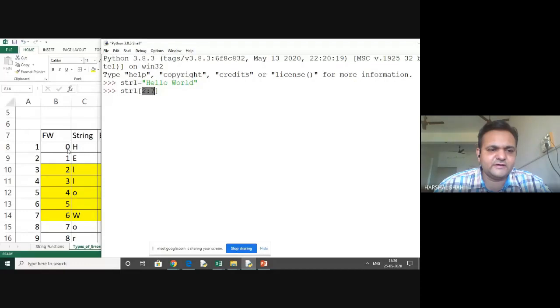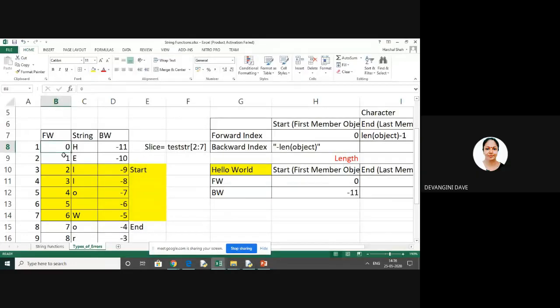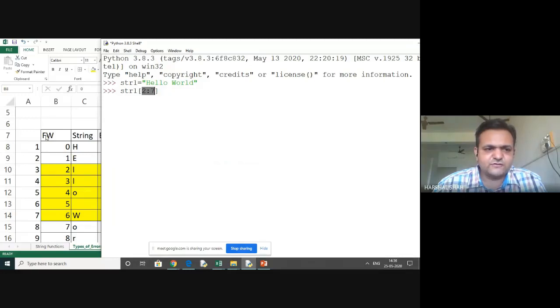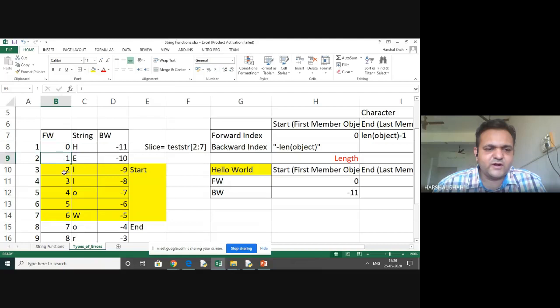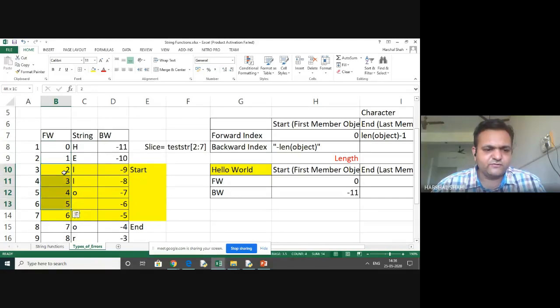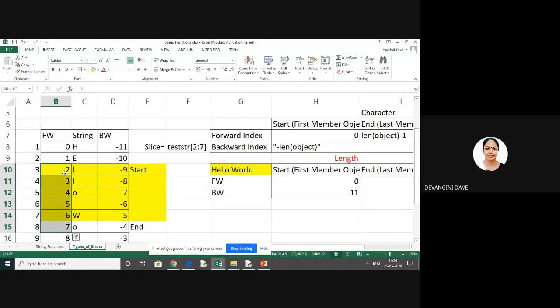Now look here. This is the index 0 forward number. These are all positive numbers, so we will consider this the forward index. So 0, 1, 2, then 2, 3, 4, 5, 6, and 7. When I have a 7, it will access up to before 7, as we have done with a range, right?